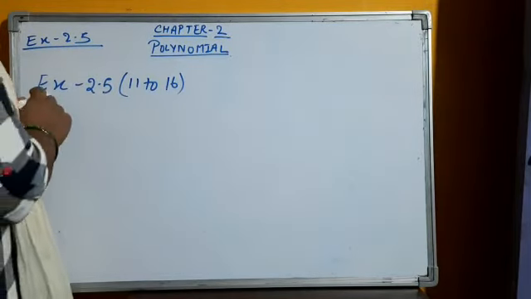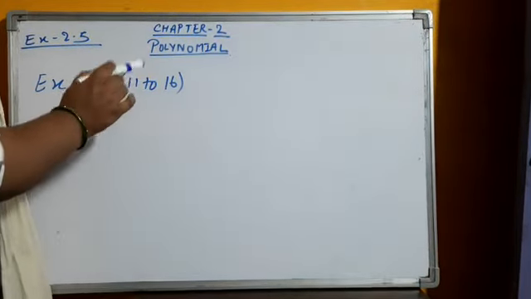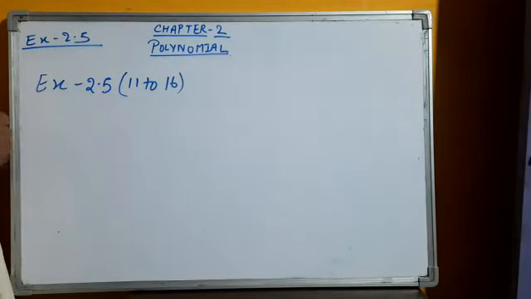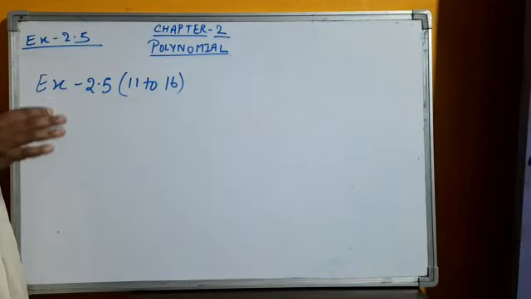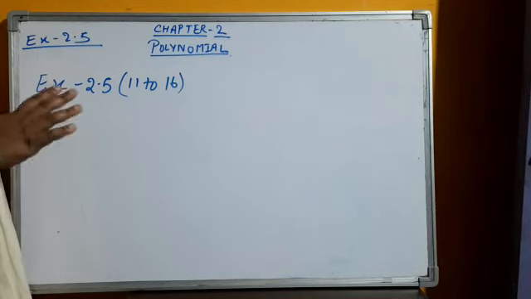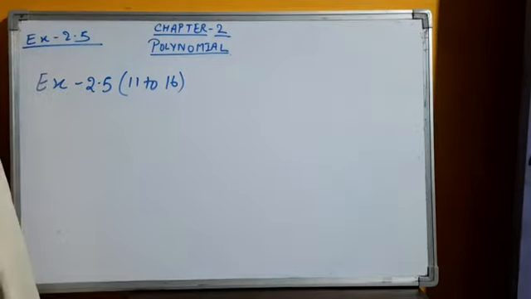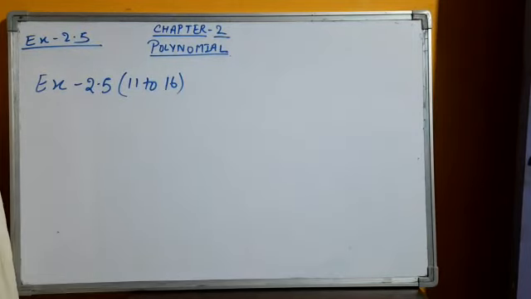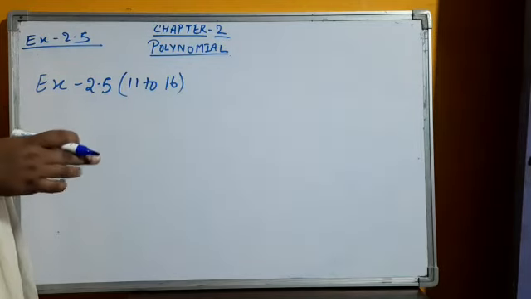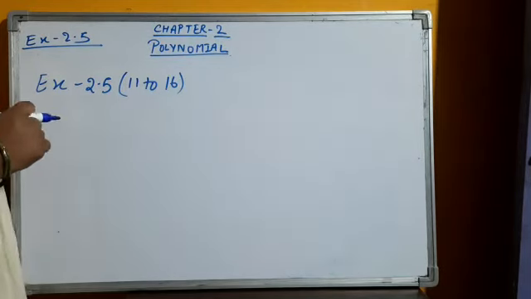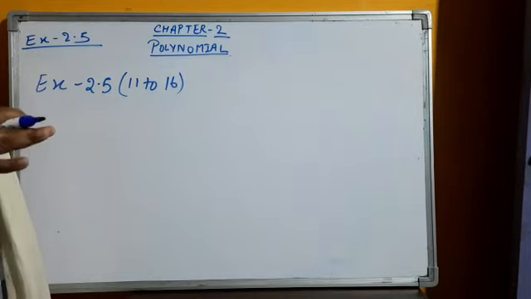Now students, you will make exercise 2.5 questions number 11 to 16, and the remaining exercise of R.S. Agrawal, whatever is left, you can make that. Now all the exercise you can make. Also, in the attachment I will send important questions of polynomials from the R.S. Agrawal book. You will try that. So in the attachment please go through and see the revision exercise, and you will solve it in the mathematics copy. Thank you.